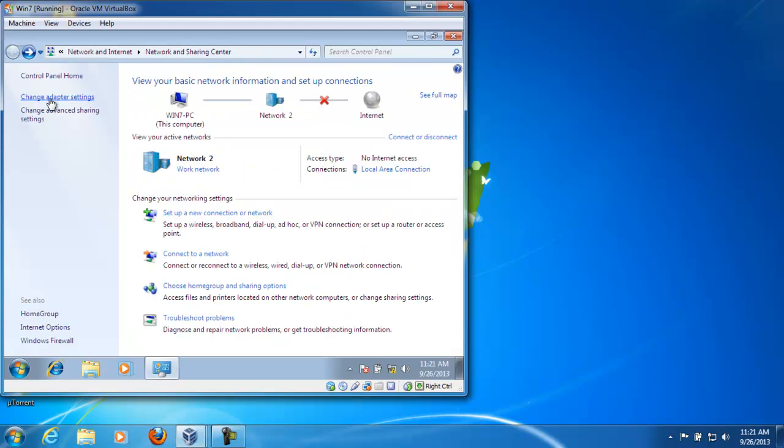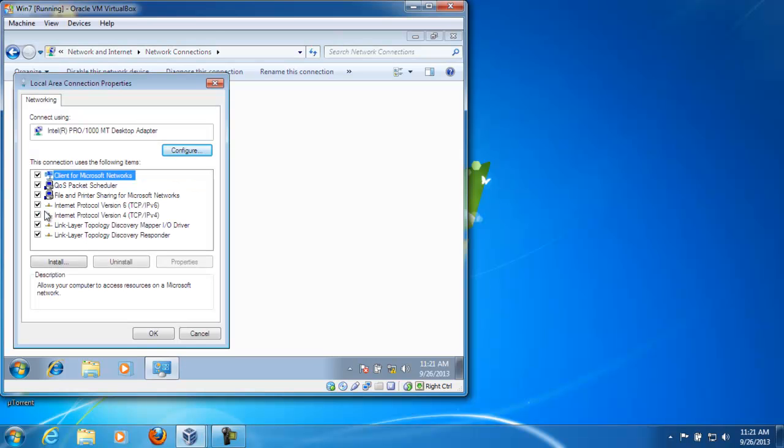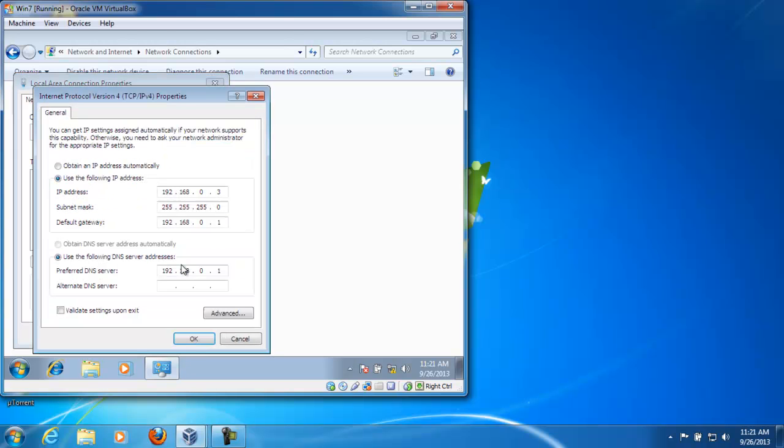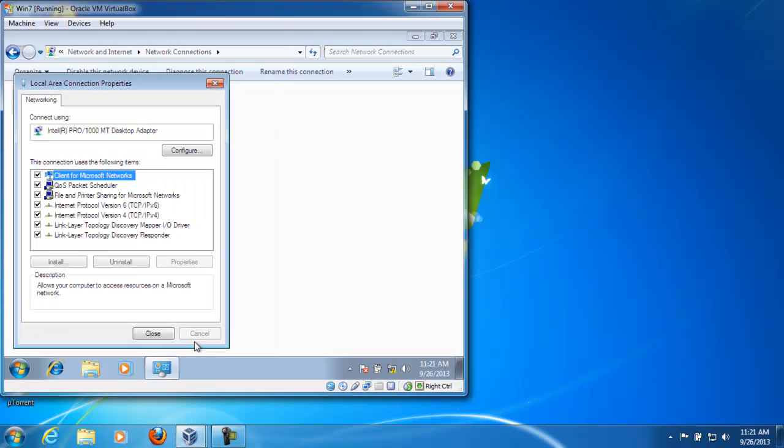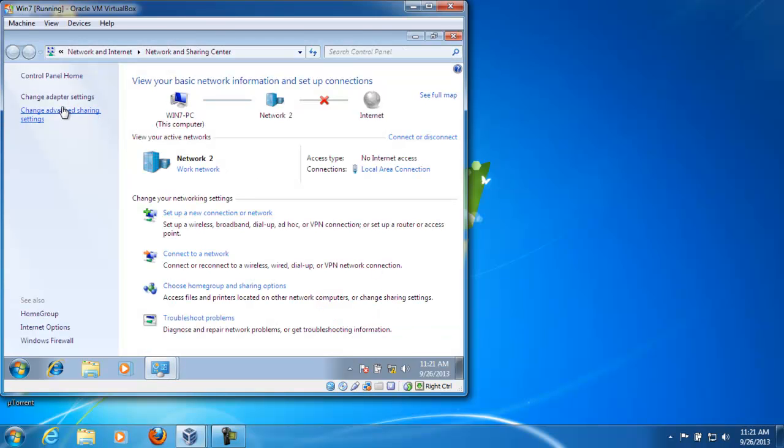I would go to change adapter settings, right click on local area connection, go to properties, go to my TCP/IP version 4 properties, and I've already set the IP address for the Windows 7, so this is set, and I will click OK and close. Now I would go to open Network and Sharing Center